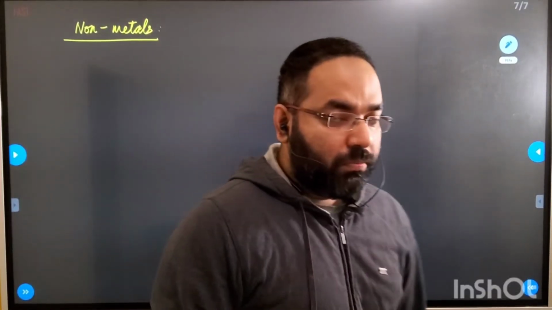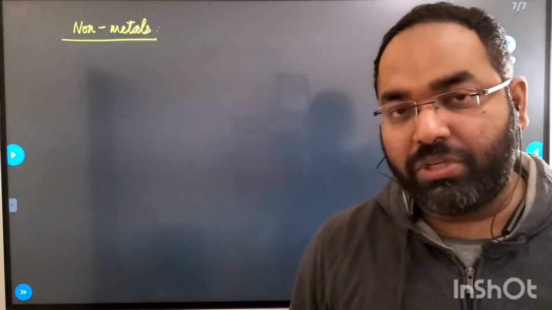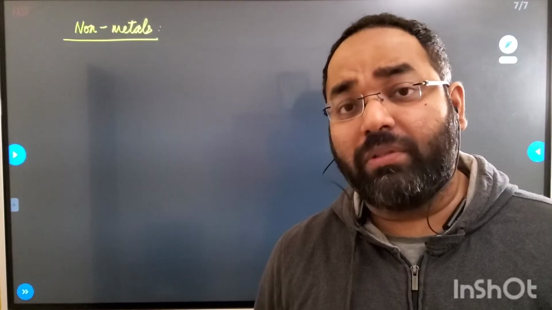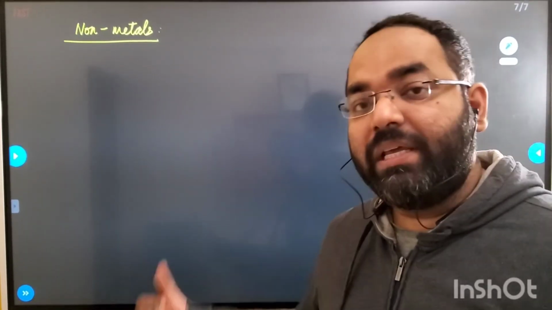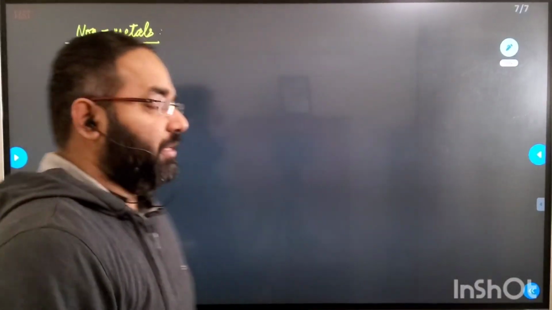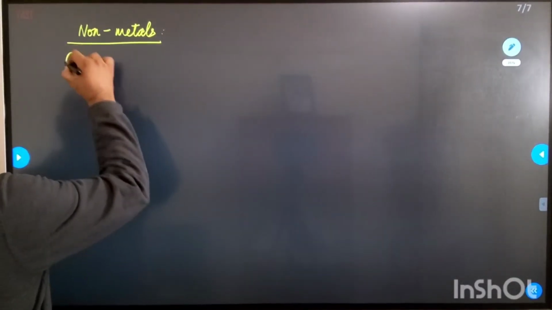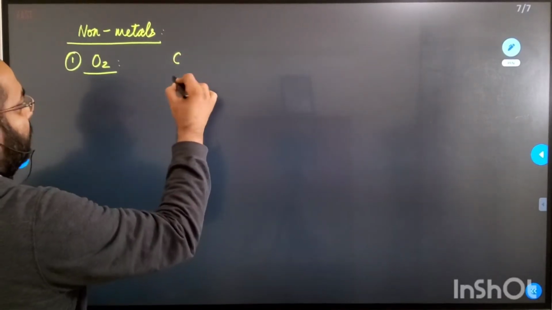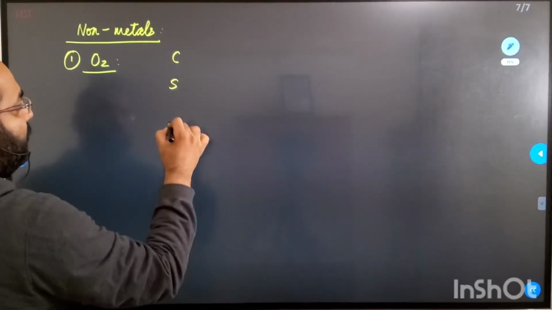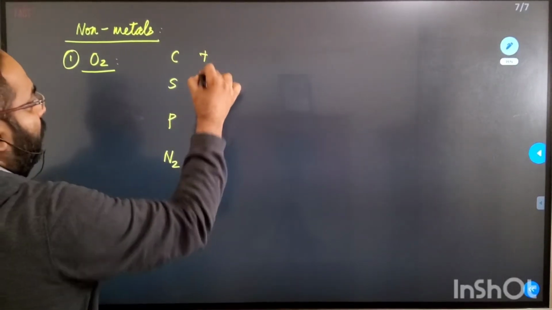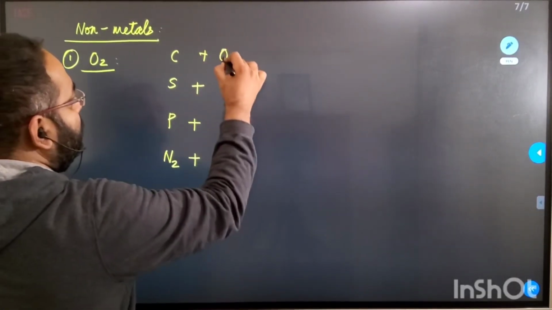Now we all know that in the first reaction that we did with oxygen, all these metal oxides that we get, Na2O, CaO, K2O, they're all basic in nature. Similarly, non-metallic oxides can also be acidic in nature, the opposite. So if I take the first reaction, which is reaction with oxygen, if I take non-metals such as carbon, sulfur, phosphorus, nitrogen, etc., when they all react with oxygen, they tend to produce their